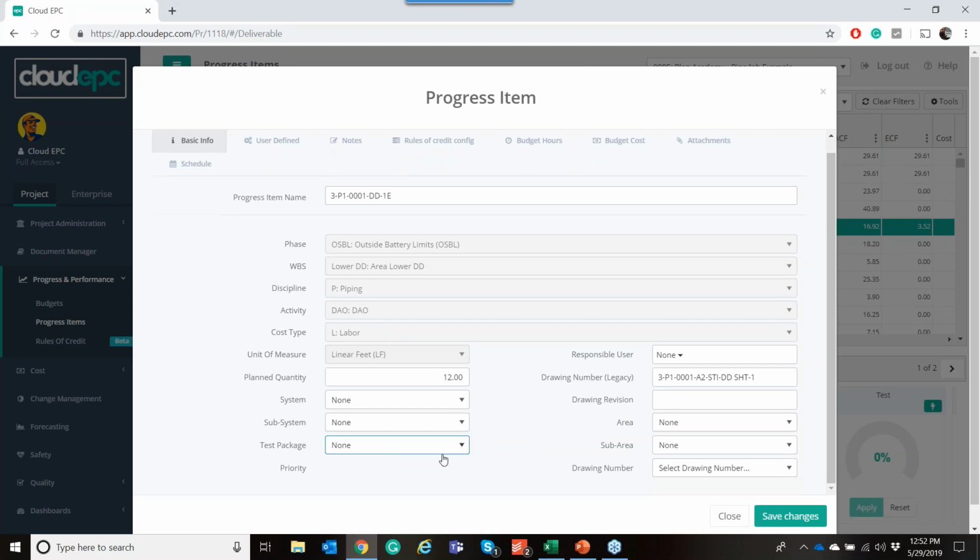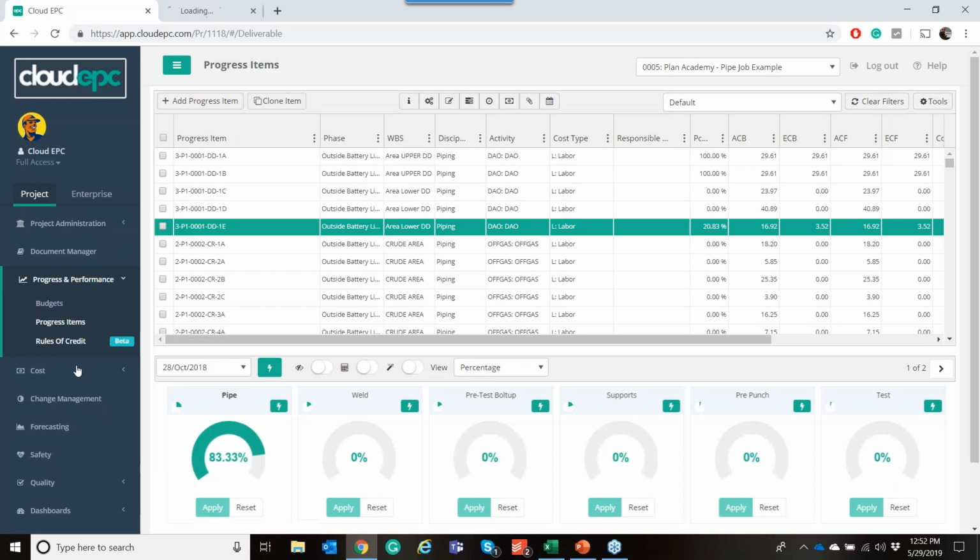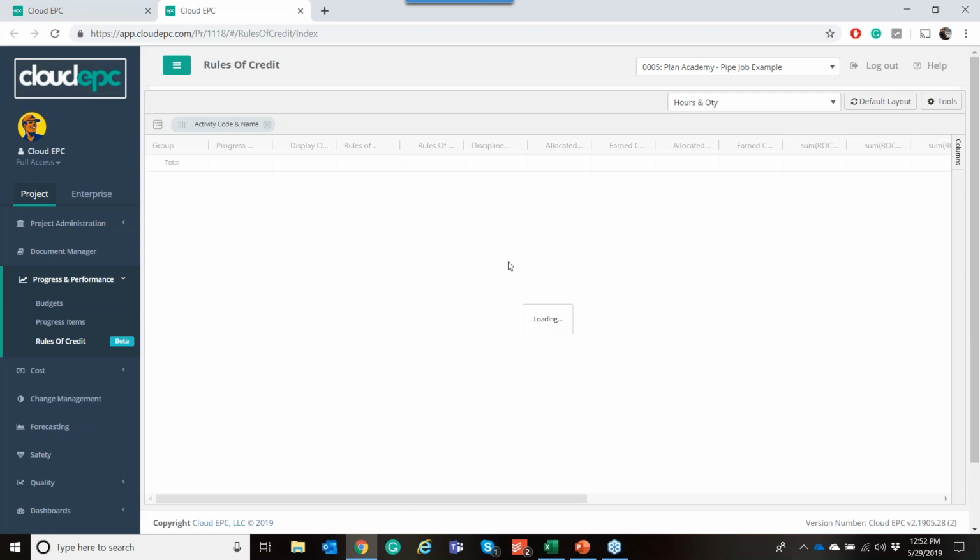And then starting to apply things like, unfortunately, I didn't get a chance to do it, but the test package number. And so now, where am I at by hydro? Where am I at by system? Where am I at by everything on a drawing, if you're doing that, or area, sub area, really the 11 other user-defined fields. What we have is effectively